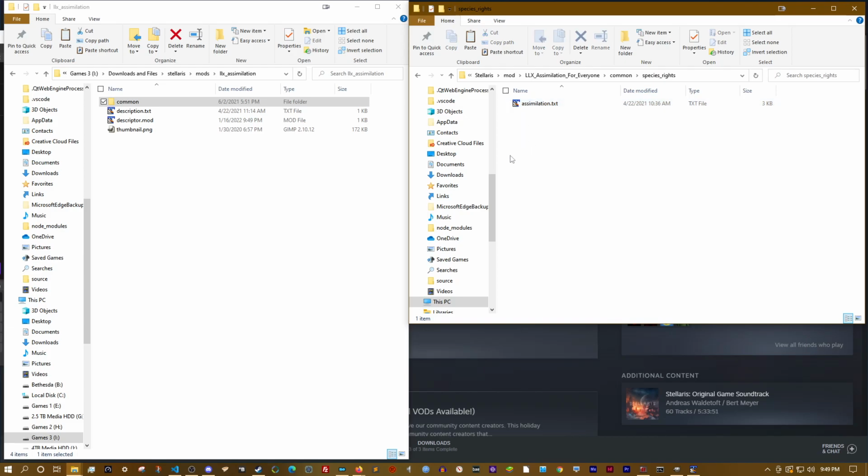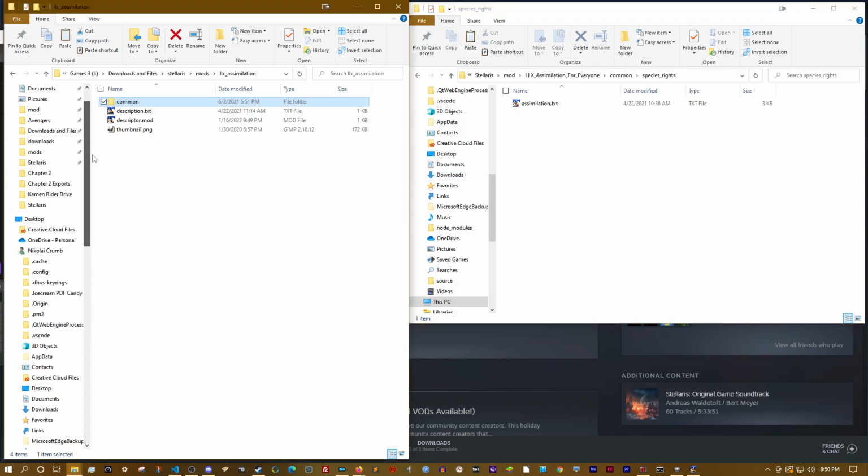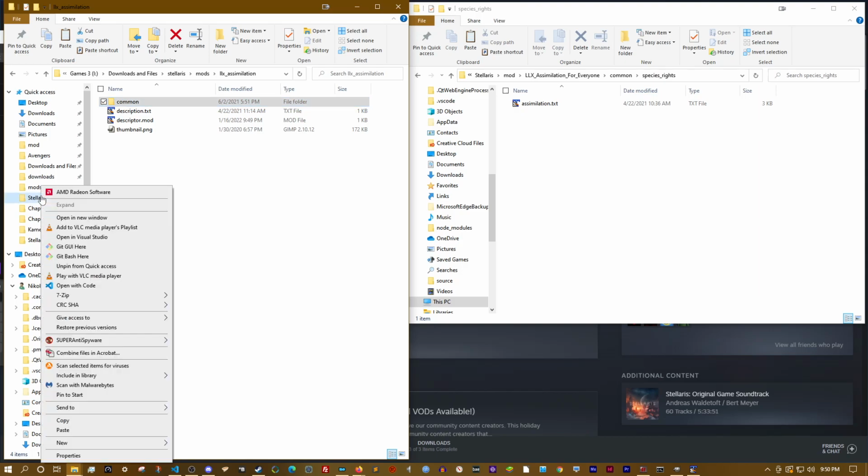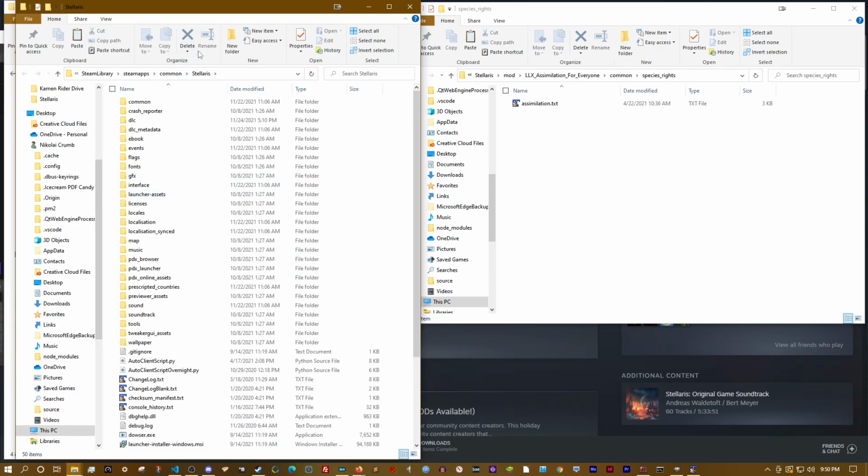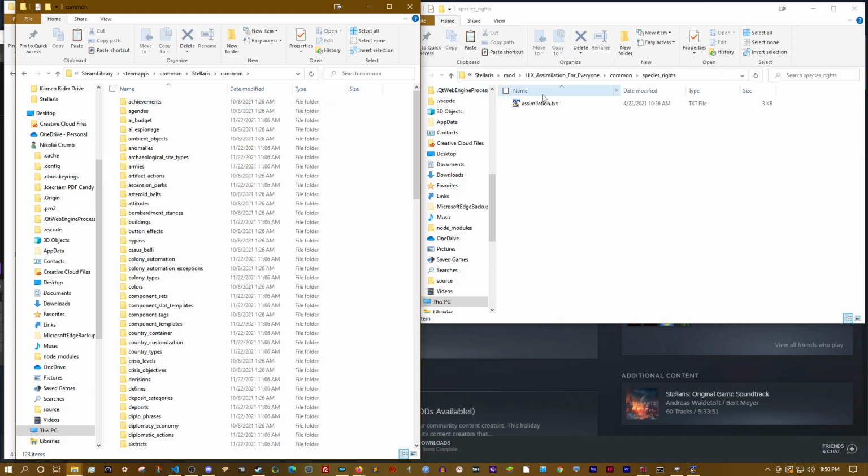But what I always like to do, and this is why I don't just batch update all my mods, I like to go into the actual source for Stellaris whenever there's a big update and say, let me take a look at how they've changed it in case I need to make any tweaks to the code that way. So I'm going to go open a new window, my folder for actually where Stellaris is located. That's your Steam apps folder, common, wherever Stellaris is. And what we're going to do is jump into the same subfolder. So common,